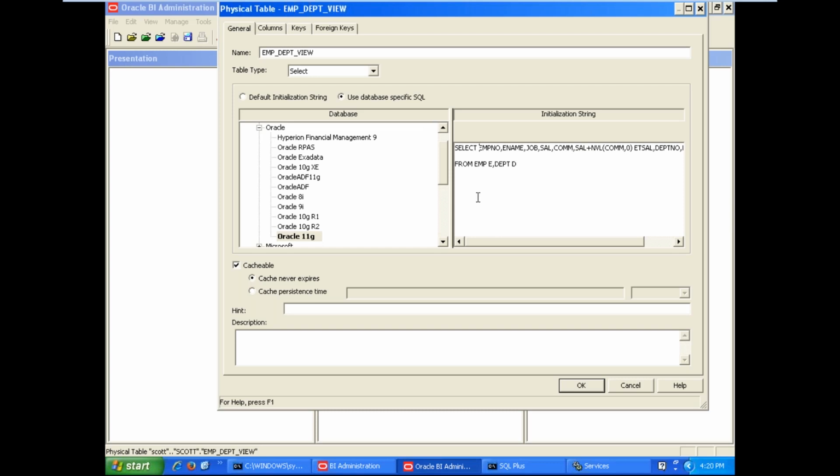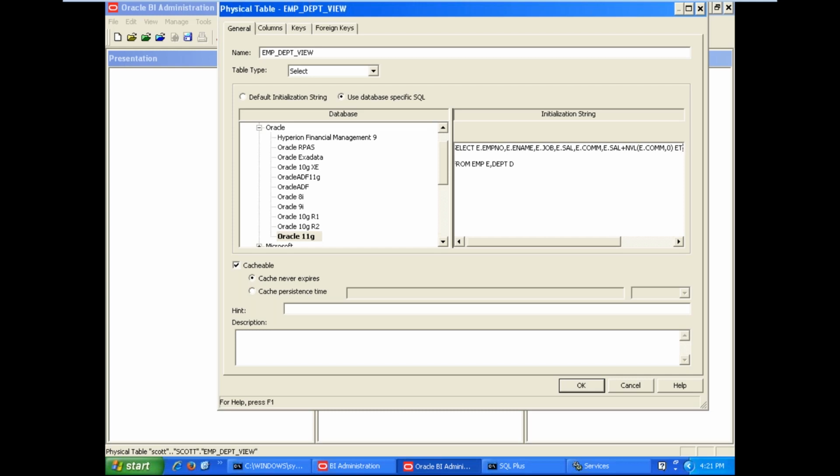Then here E dot employee number, E dot ename, E dot job. You can verify in the EMP table, we have employee number, ename, job, E dot sal, E dot commission. Next E dot sal again, and in this function also E dot commission.